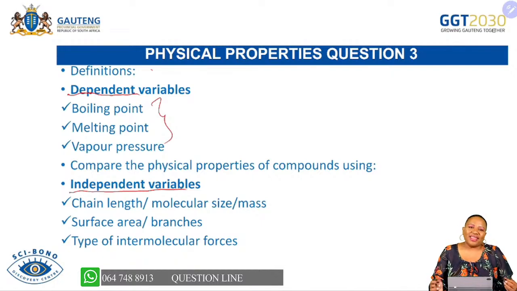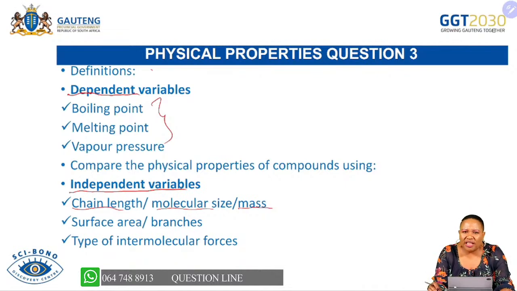So what will these 3 dependent variables be affected by? They are going to be affected by the chain length, mass, molecular mass or molecular size, meaning that if you are changing the mass or the chain length, you can affect the boiling point, the melting point, and the vapor pressure. So that is why we are saying the vapor pressure, the boiling point, and the melting point will depend on